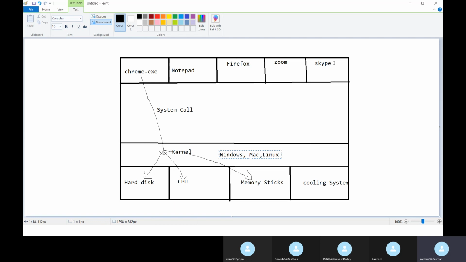The rest will not respond unless we kill something. Allocation of resources is the responsibility of the kernel. That is the whole point, and this is how our entire system works. The kernel develops a bridge between the processes that are running and the resources available under it. That is what the kernel basically does.